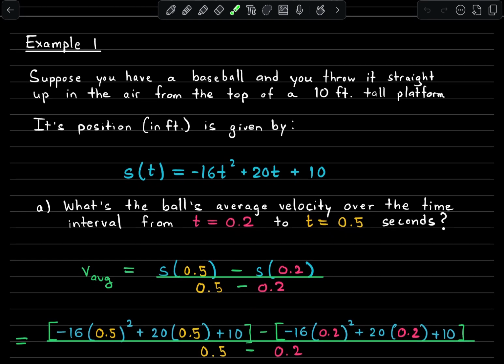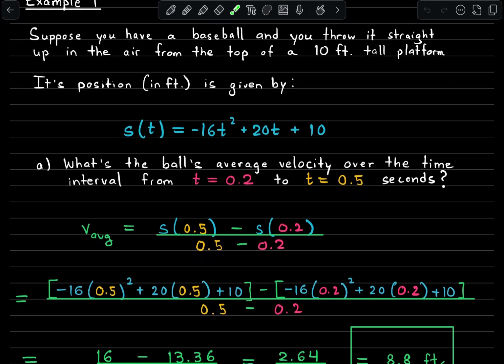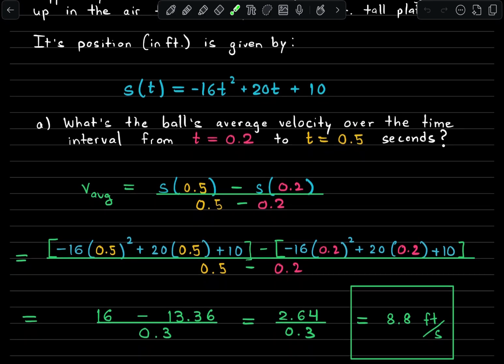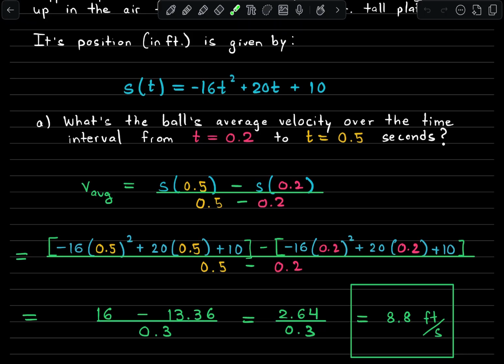And we're going to go ahead and now evaluate our function at each of these time points. So we're going to plug in 0.5 first in for t in our function. We're going to evaluate that. That's what we're subbing in here. And then we're going to do the same thing with 0.2. We're going to substitute that into our function everywhere we have a t. Okay, so we're just going to simplify that algebraically. And you see that that comes out to 8.8 feet per